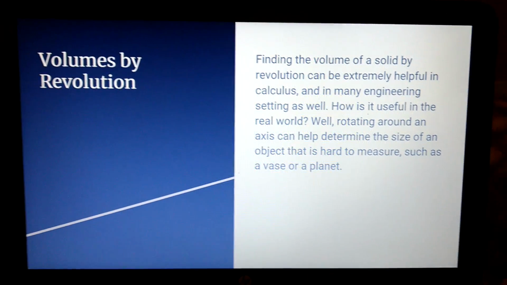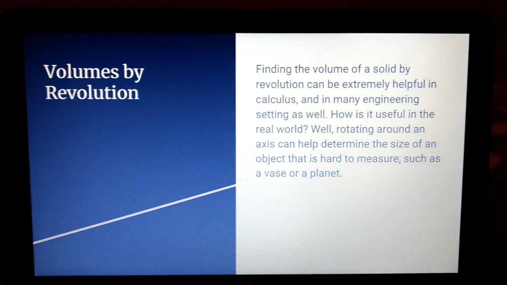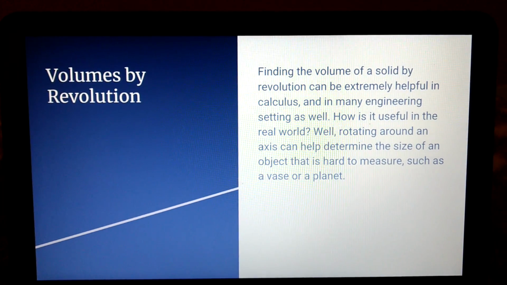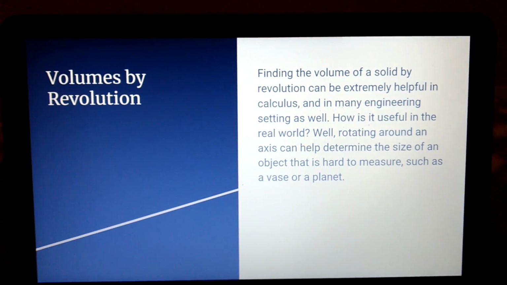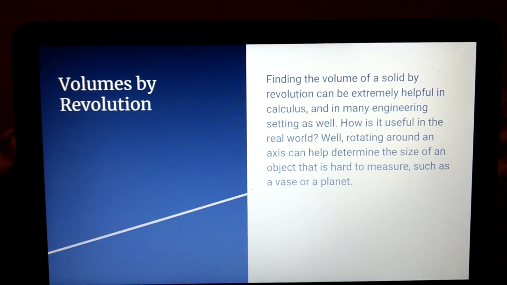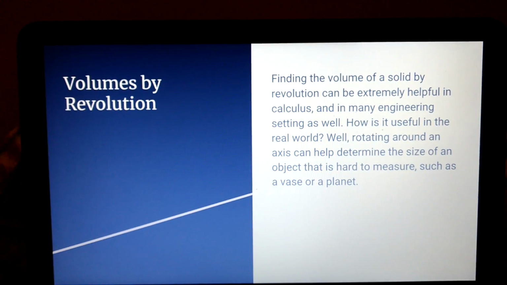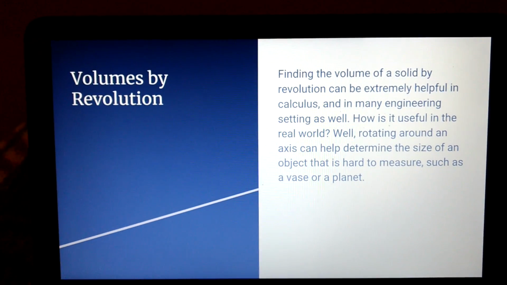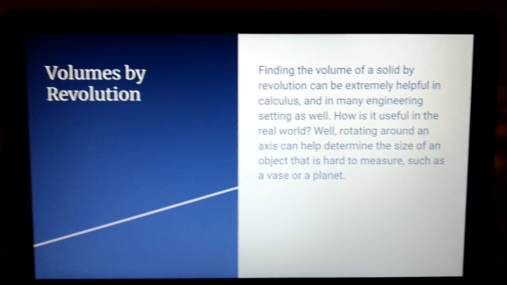So the first concept we're going to talk about today is volumes by revolution, which is very helpful in calculus as you can use it to find the volume of non-traditional looking graphs and shapes. So things with some kind of curvature, with multiple curves, with oscillation, we can find in a certain boundary what the volume of that space would be when it was rotated around an axis of revolution,